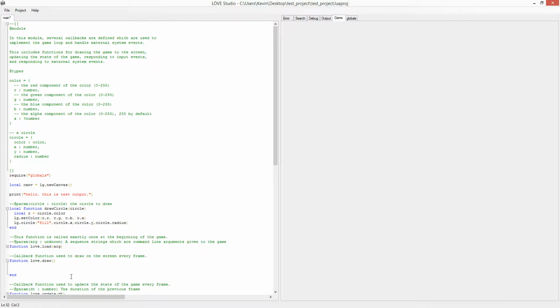Oops. We would have to call draw circle inside our draw function, and we pass it a circle. We're just going to pass it a literal table that conforms to the circle type. So we would have to give it a color field. Red is going to be, let's make it a red circle, or like a red-green circle. I don't know what color you get when you combine red and green, but we're going to find out. And let's actually exclude alpha